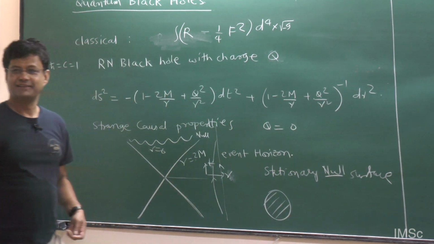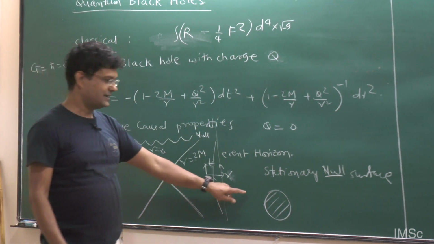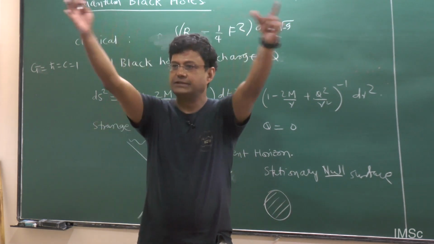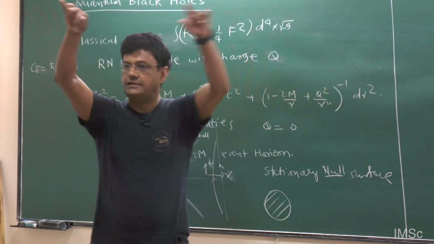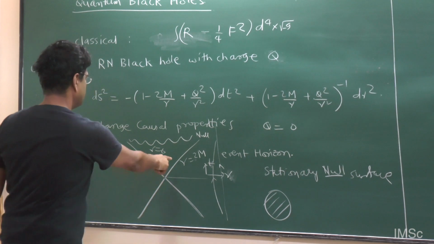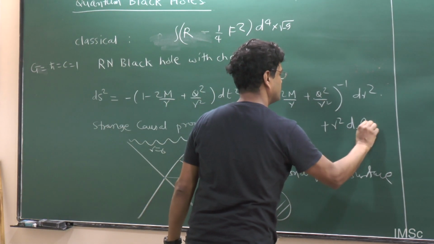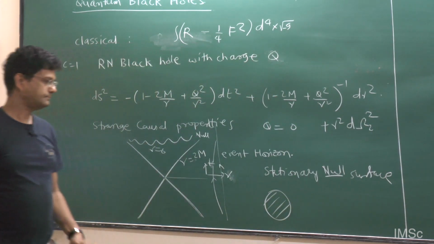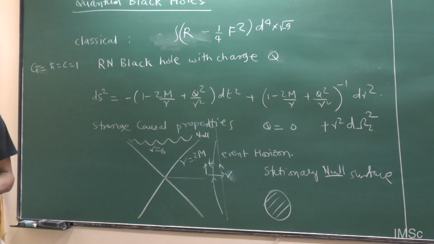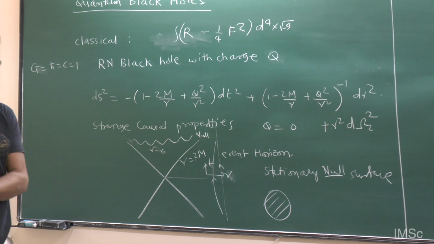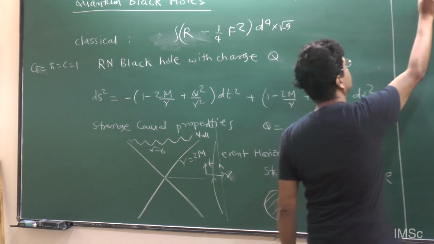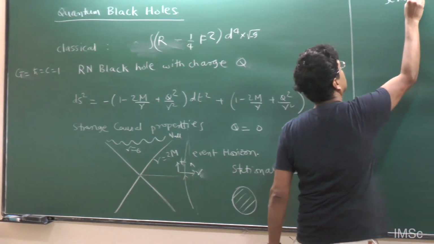This is the picture of a black hole. And r is equal to 2m is the surface of the black hole, the area. And at each point there is a sphere. I mean, I suppress the sphere, there is a d omega squared. So this point is clear, right? From this we can move on to semi-classical black holes.